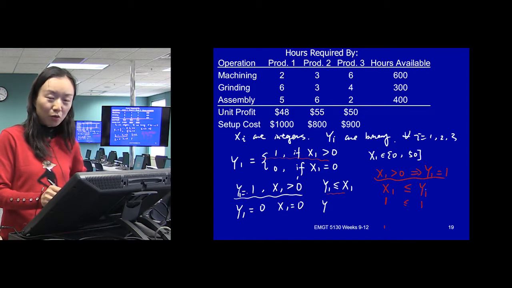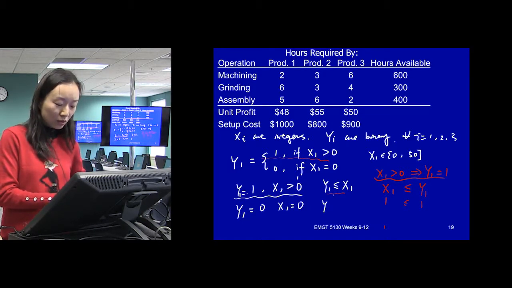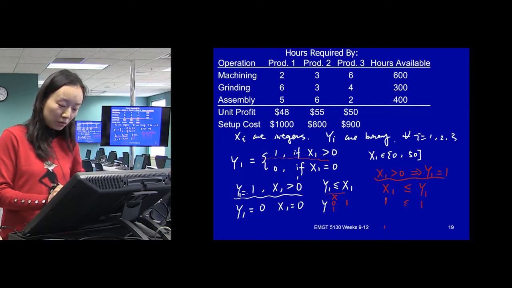And that's the purpose. We want our y to be 1. We tried this one, it didn't work. When x is greater than 0, when it is 1, y can be 0 or 1, not what we wanted. But if we try it this way, less than or equal to, when x1 is greater than 0, which means if it's binary, it will be 1. We will force y to be 1.